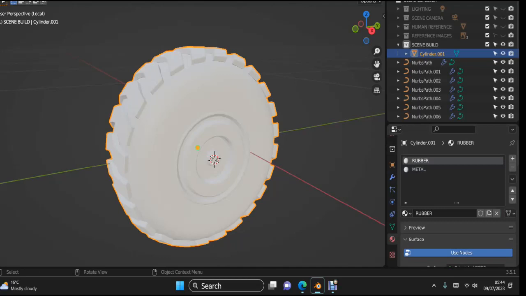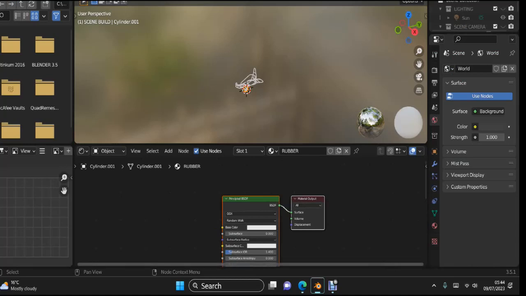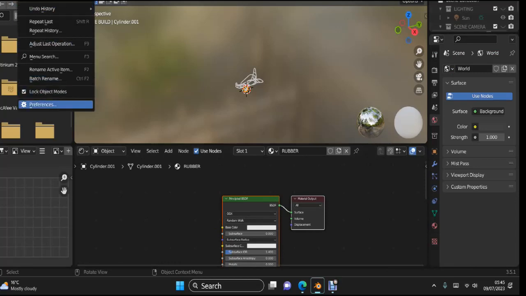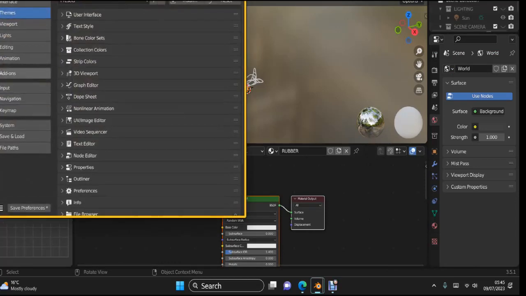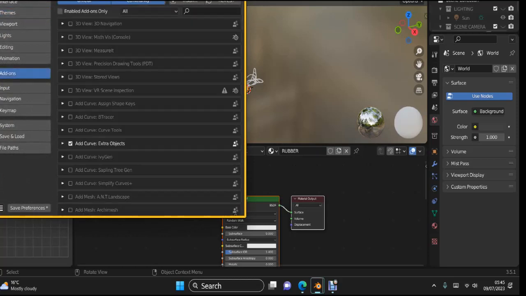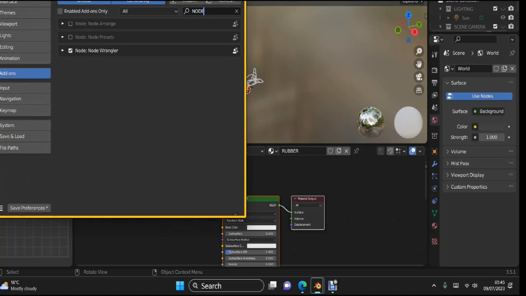So I'll come to the top over to the shading tab, and this is where you need Node Wrangler enabled. If you go to edit, preferences, add-ons, and you type in here node, that brings up Node Wrangler and you can see it's enabled. Put a tick in it, save the preferences